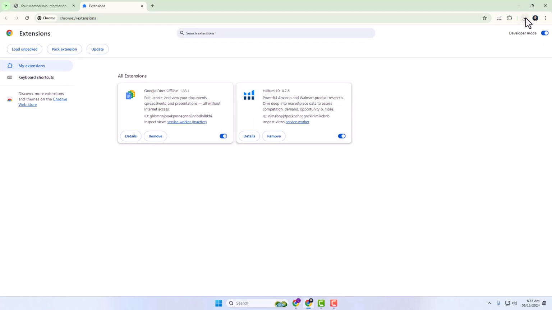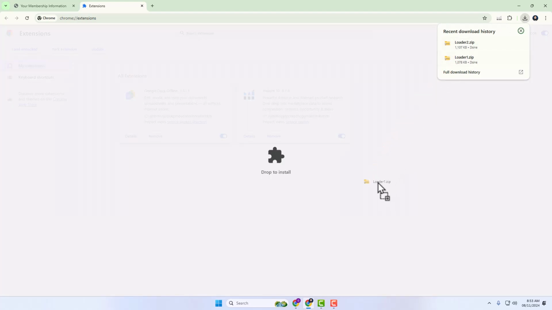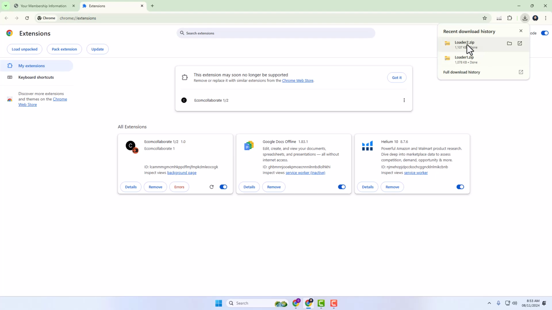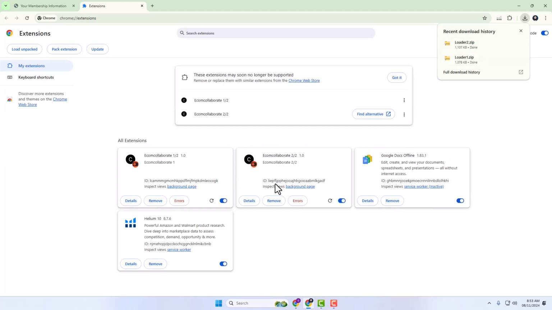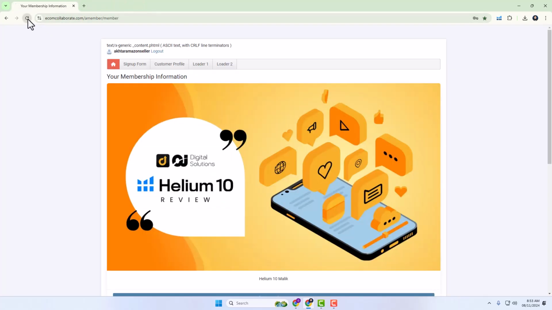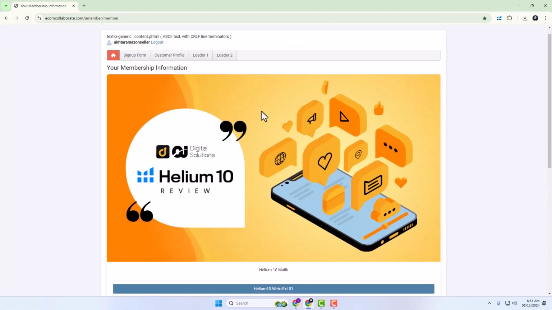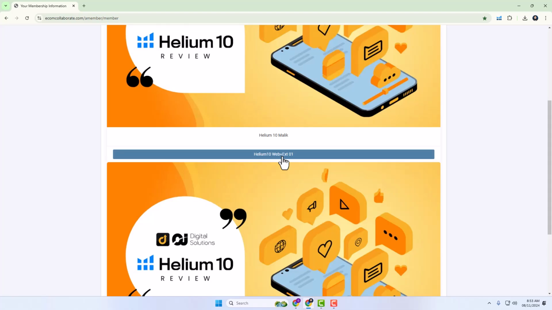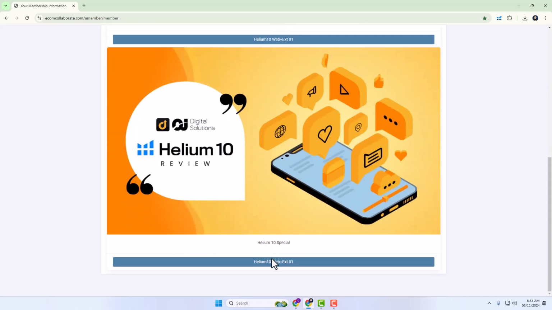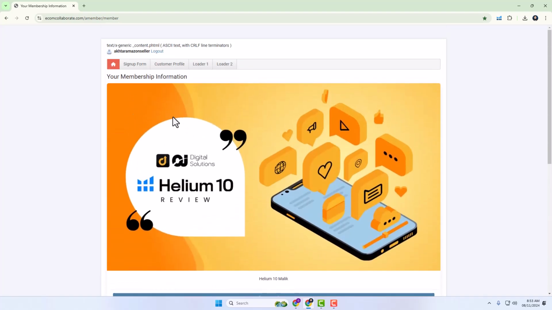Then click this download icon, take this and drop here. Then the second one, drop here. This will download. After that I will come here and refresh this page. Then I launch this first application, Helium 10 web. It's not working, what happened?